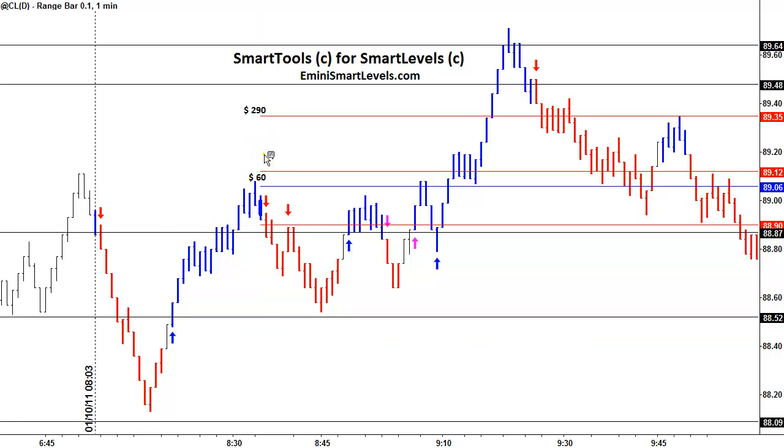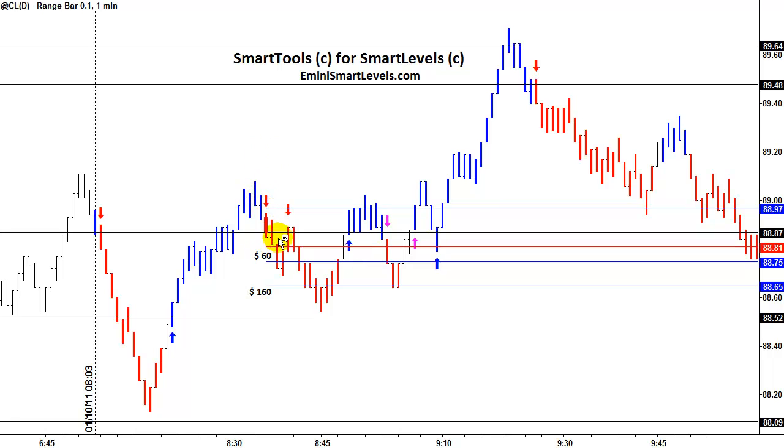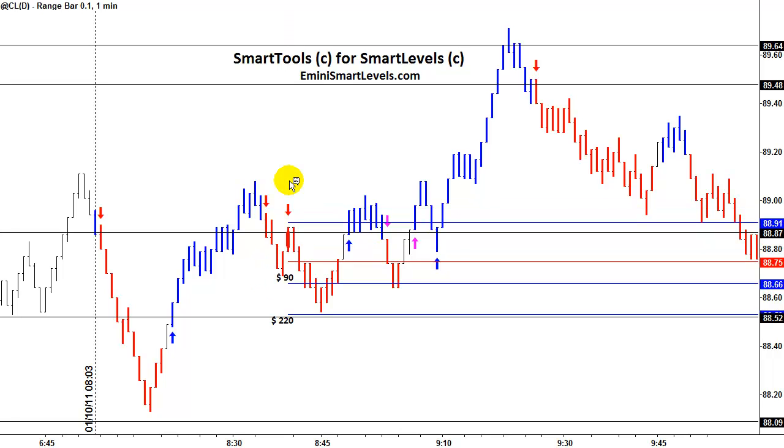This next setup here is validated by the SmartLevels. The trade went to the first profit target, then came back up and challenged the stop loss. If you had traded this, you probably would have been out of the second contract at break even. But there was a re-entry point, and this is another great setup, with the setup bar straddling the daily level at 88.87 and very nearly going down to the 88.52 daily level again